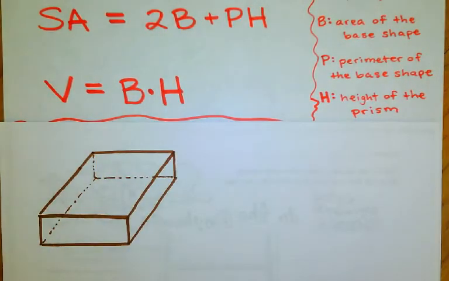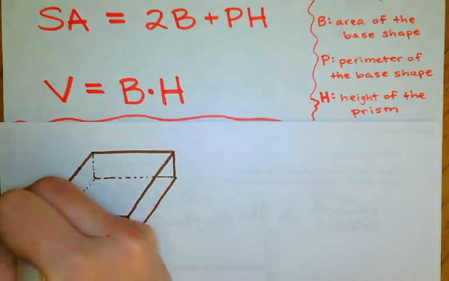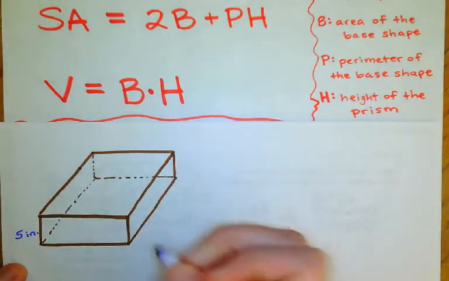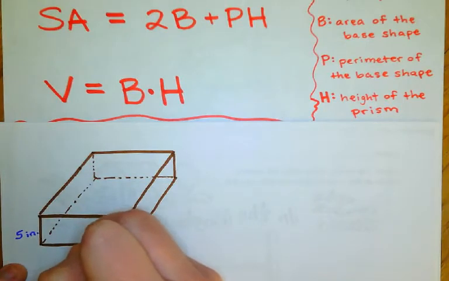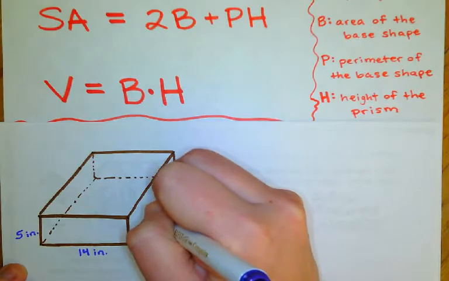Alright, so there's my rectangular prism. Again, your drawing does not have to be perfect. You don't even have to do a drawing, but I'm a visual person and I know that other people are as well, so that's why I'm doing this. Here, our numbers are going to be, let's say this is 5 inches, 14 inches, and